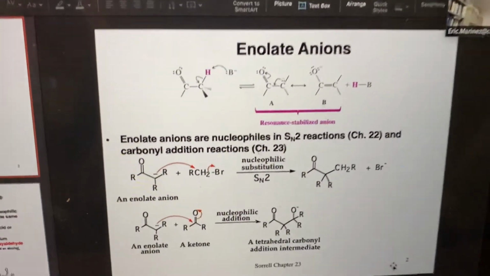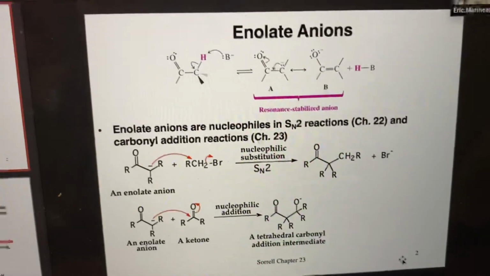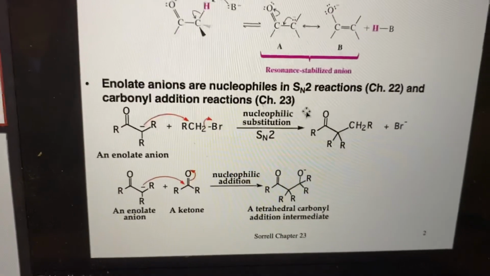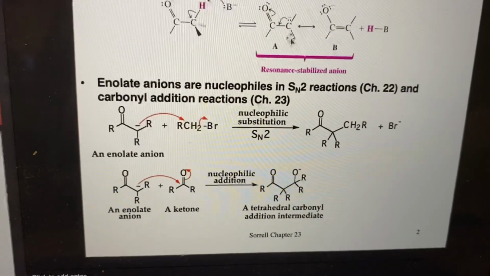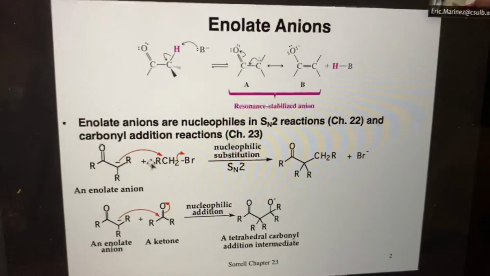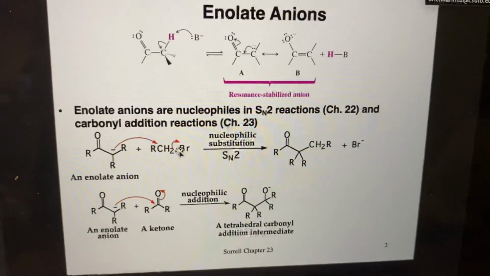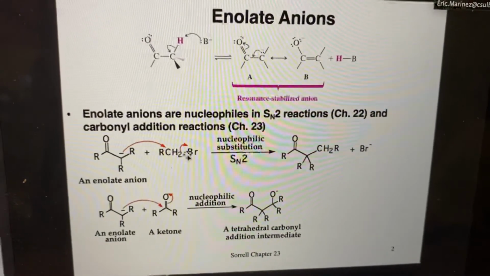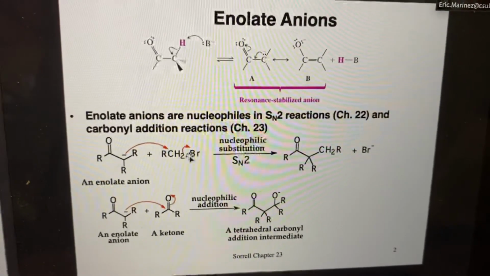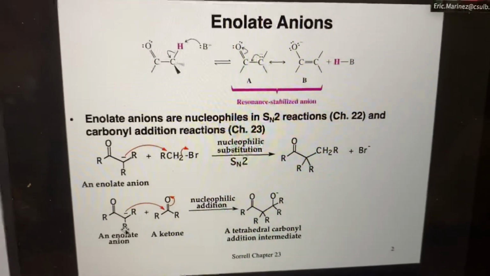So this is the slide I was basically showing you, okay? So again, all we're doing is employing enolates here. And my point is, all we're using enolates as a nucleophile. In chapter 22, we specifically looked at SN2 reactions, and then you guys probably culminate with the malonic ester and the acetoacetate synthesis. In this chapter, we're really just going to explore taking this enolate and reacting it with a